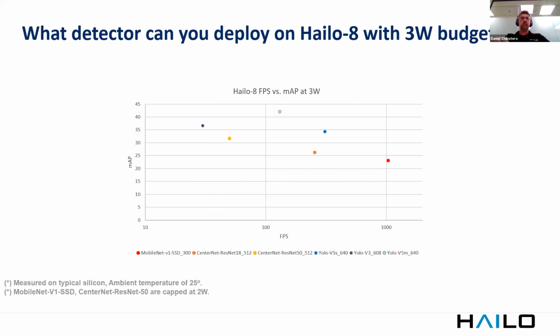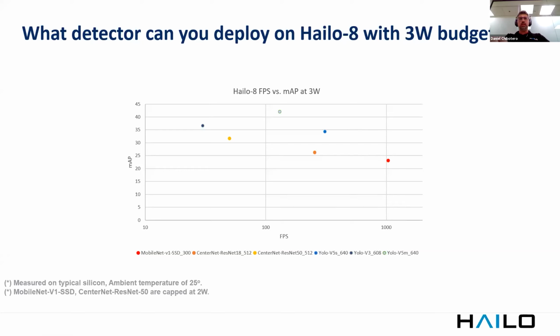So usually we are asked, okay, what can you give me at a 3 watt budget on Hailo 8? One of the key strengths of our offering is the variety of networks allowing different trade-offs at the Edge AI product level. So you can start with YOLO v3 or CenterNet ResNet 50, both running in real time for a single sensor. And you can go up to YOLO v5 derivatives or CenterNet ResNet 18, which allows you to process multiple sensors